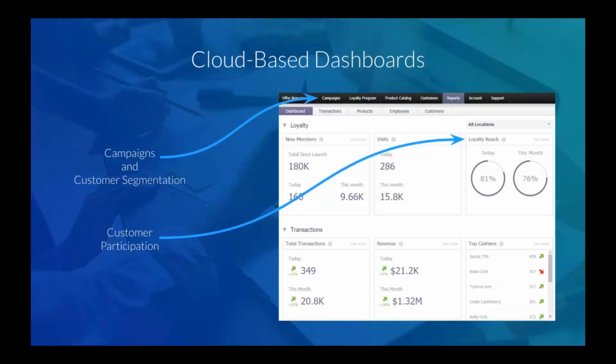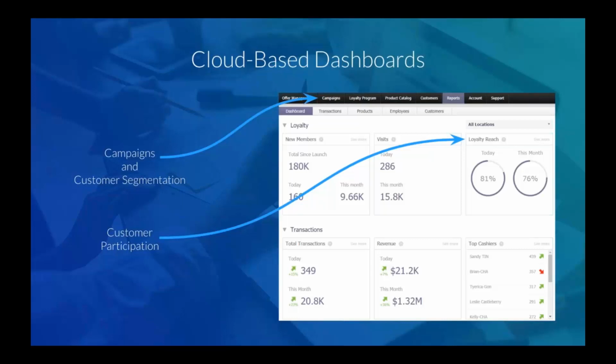The bottom arrow on the screen is highlighting loyalty reach. This metric is the overall participation of shoppers using the loyalty program during their purchases. Given the importance of shopper identity, this is one of the most important metrics to monitor. In this case, 76% of this business's shoppers participate in the program, meaning that 7 out of 10 shoppers self-identify through the rewards program, giving the business the ability to personalize marketing content to their entire customer base.